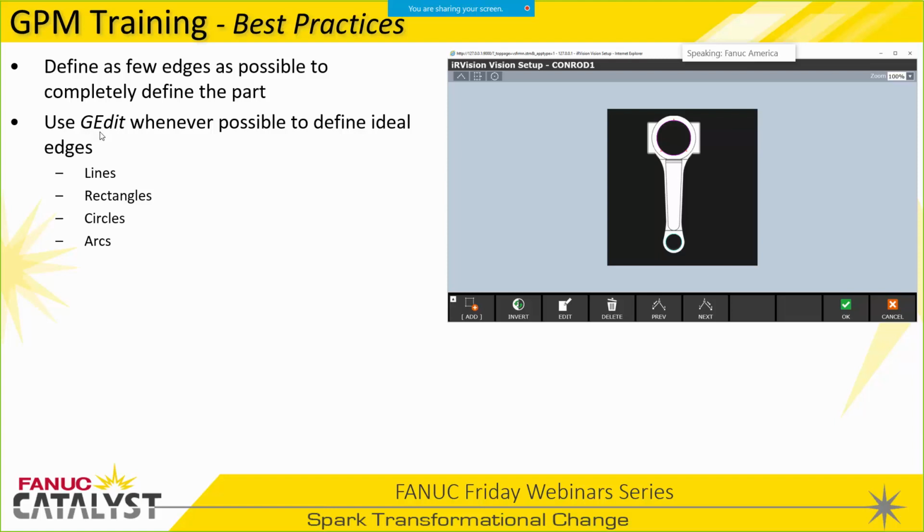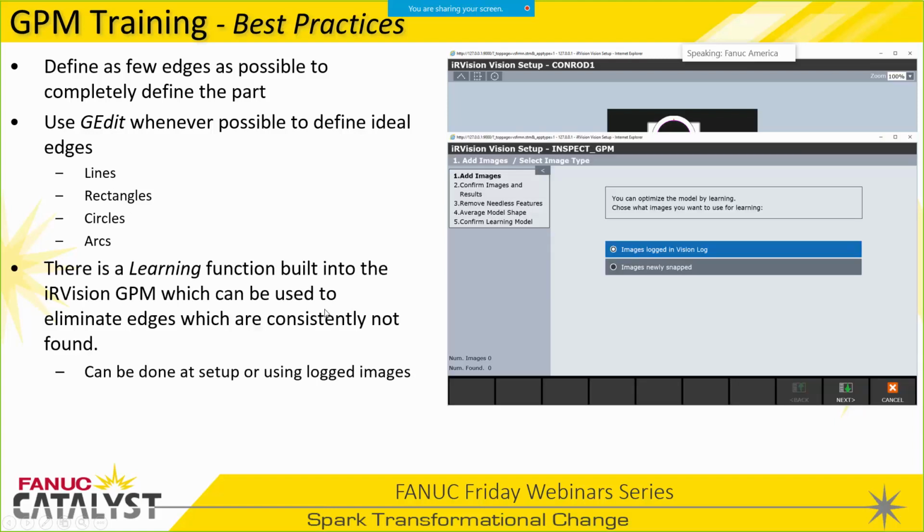So rather than depending on the model having perfect edges, you can add those perfect edges right into the model. And I'll go through a little demonstration and show you how to do that. But you can add lines, rectangles, circles, arcs, those kind of things. There's also a learning function that's also been around since about 8.2 or maybe 8.3, where you can, using a